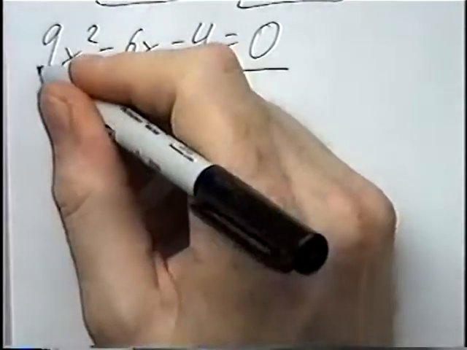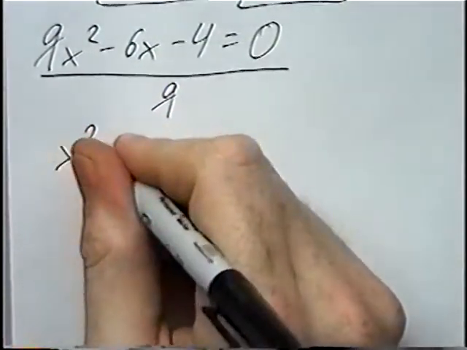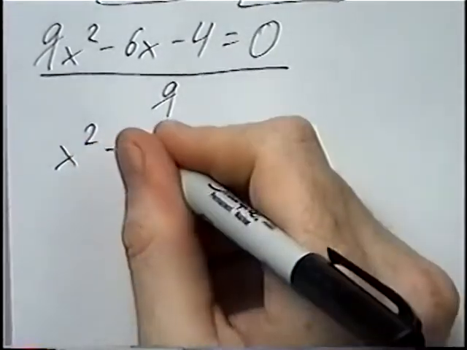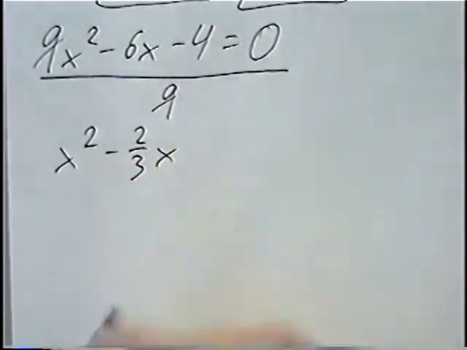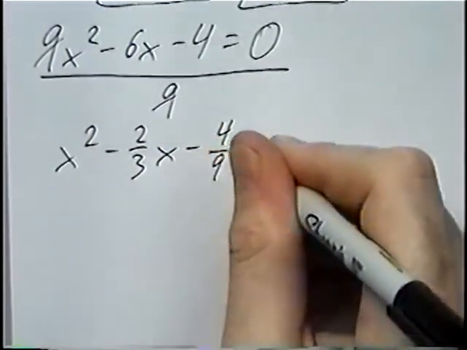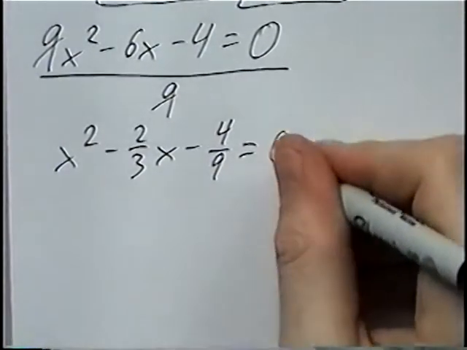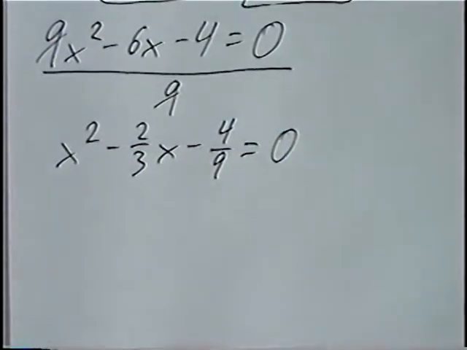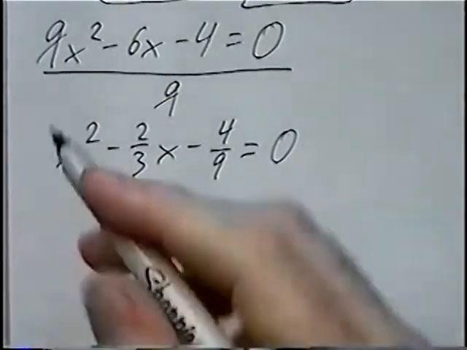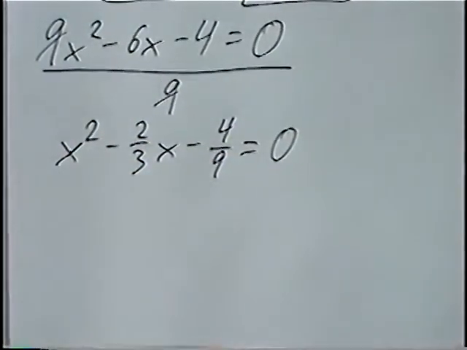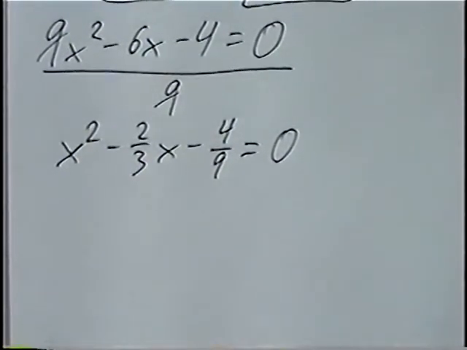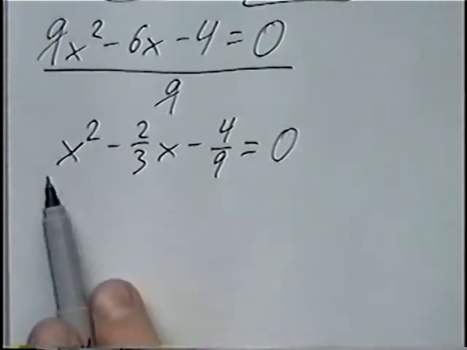Dividing by 9, the 9's cancel, so we're left with x squared. Negative 6 divided by 9, if we reduce fractions, is negative 2/3 x, and negative 4 divided by 9 is negative 4 over 9. 0 divided by 9 is still 0. So anytime we have a coefficient other than 1, you can divide by that same coefficient, so our coefficient now is 1. To complete the square on this equation, we want to have the a and b isolated and